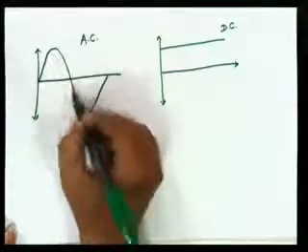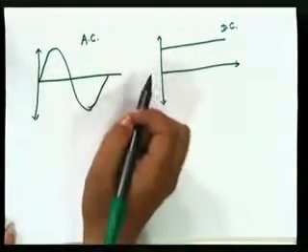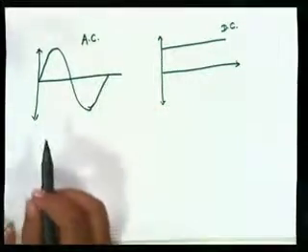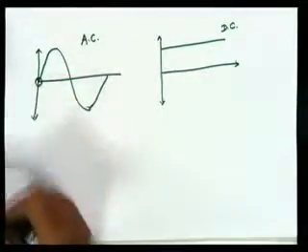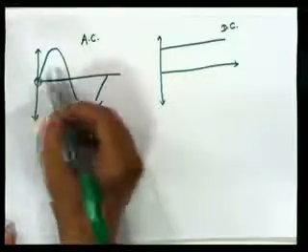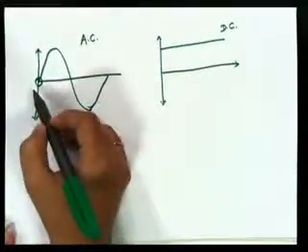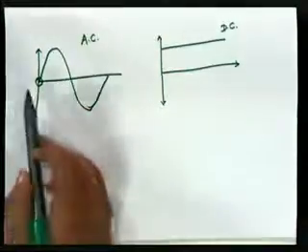Now when you are giving an AC supply to a particular appliance and if any fault occurs, then what happens? If the fault occurs at this particular point, okay, then the voltage of this particular wave is 0 at this particular point, then current